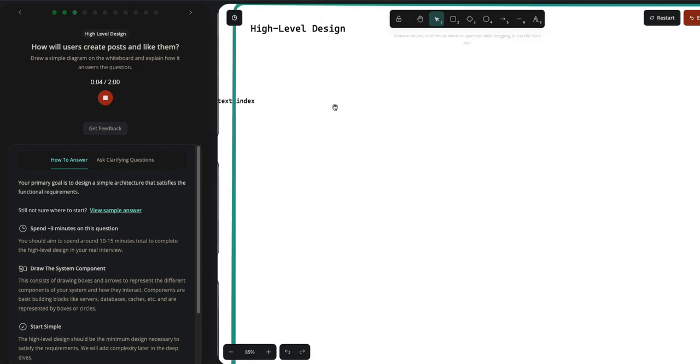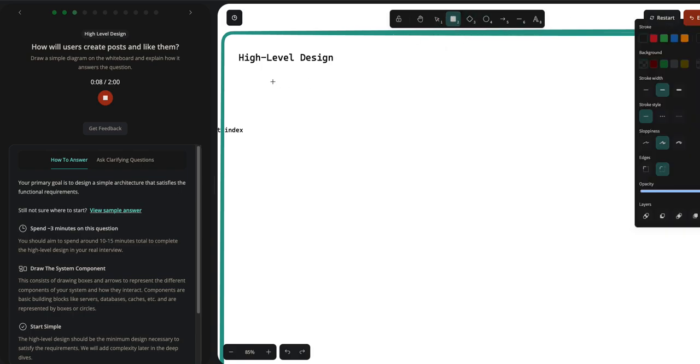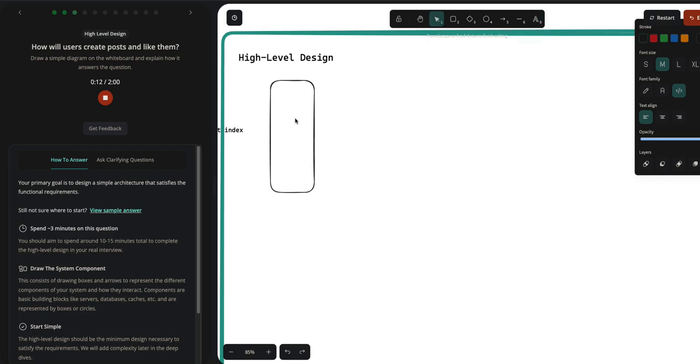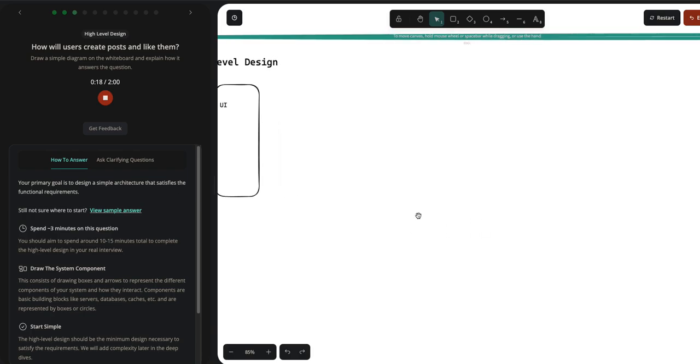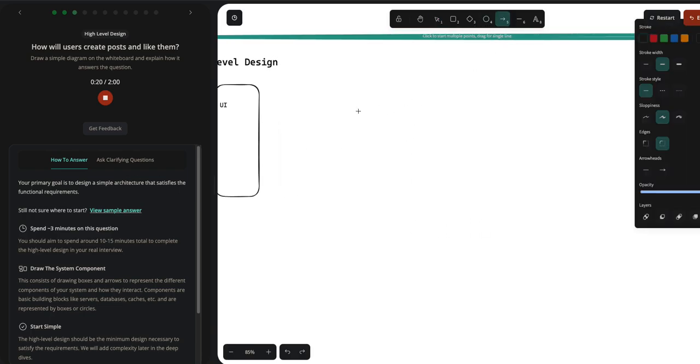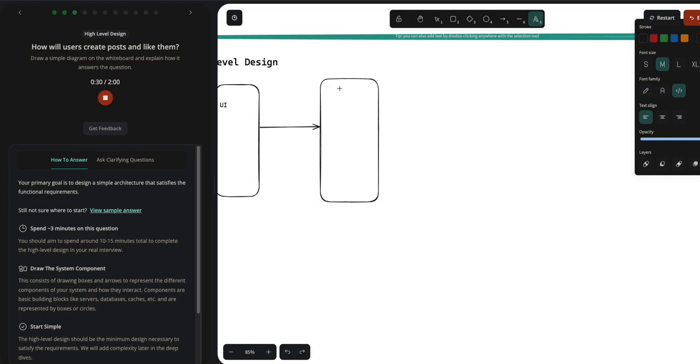We're going to have our UI where users see our posts. When a user creates a post, he provides the content here on the UI, then clicks post or publish, and then we can use an API gateway